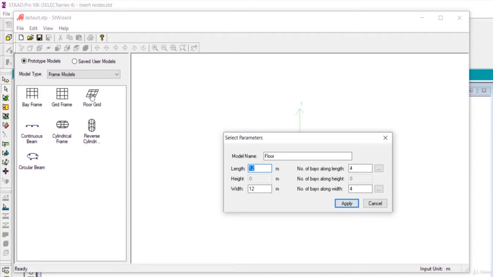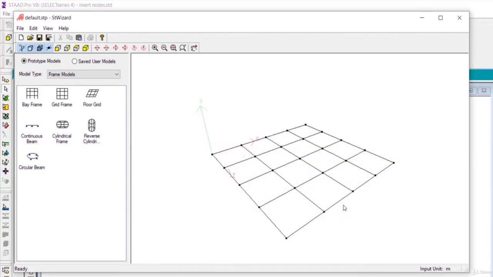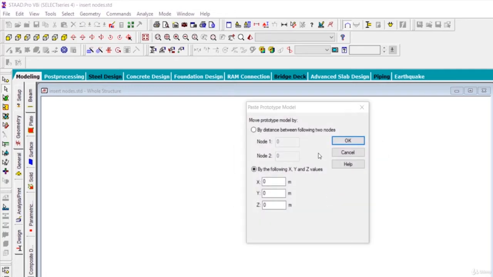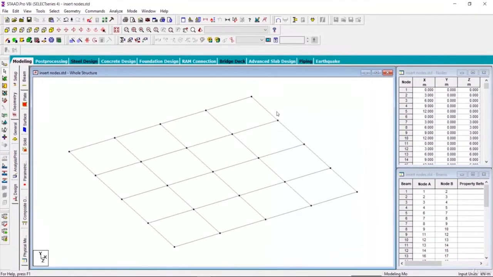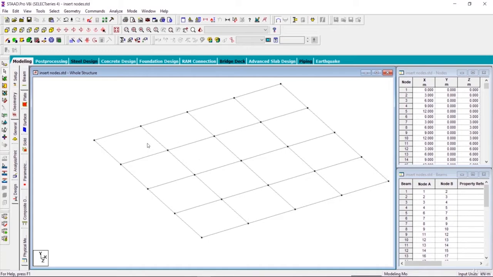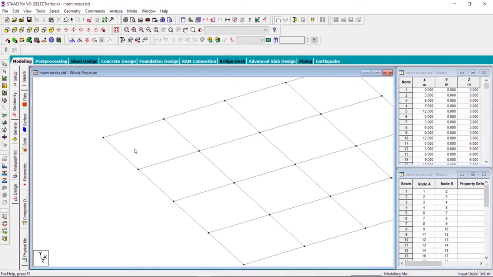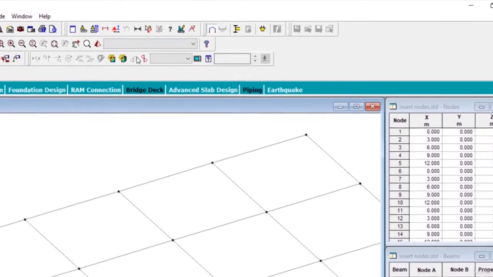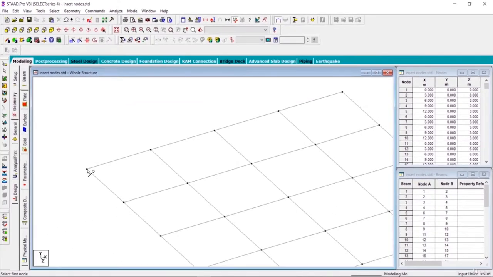Double click on it and just click on apply whatever thing is available there and close this window, and click on yes. Click on OK. Okay, we got a floor here. Now let us suppose that we got a beam here, right? Now let us suppose you want to draw a beam at a distance of 1 meter from here. So this span is 4 meter. Let us measure it from here to here. It's okay, so it's 3 meters.